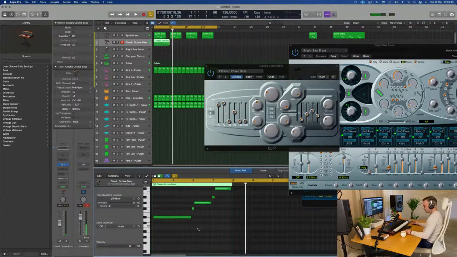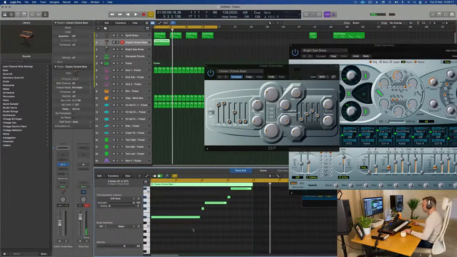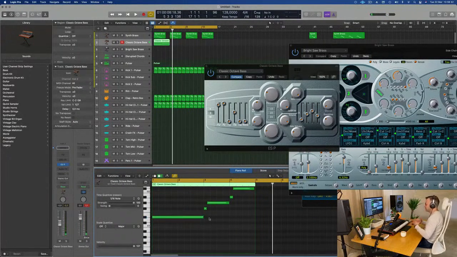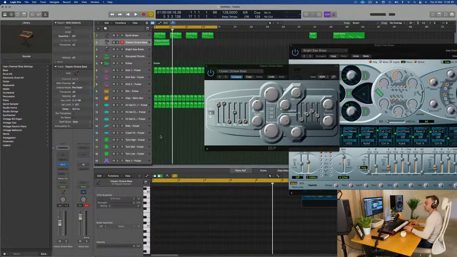I will keep this sound, I will keep this pattern, but like I said, guys, ideas are very important to put down. I think the biggest mistake a lot of people make is they put down an idea and right away it has to be perfect and they keep on going until it's perfect. I think you just put down the idea, you work on it, you make it better and better and better, until you reach the point where this is it. So if you want to make it perfect first, unless you're a professional musician, you do that for, you know, 30 years. I've made music for 20 and I still do this. So